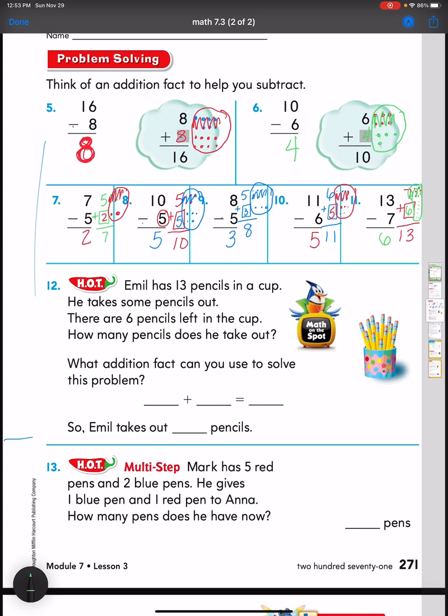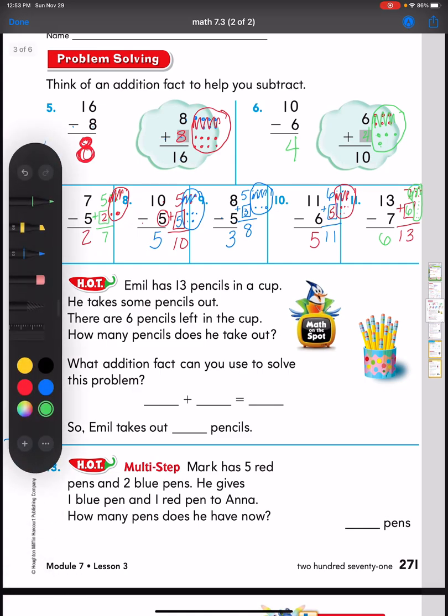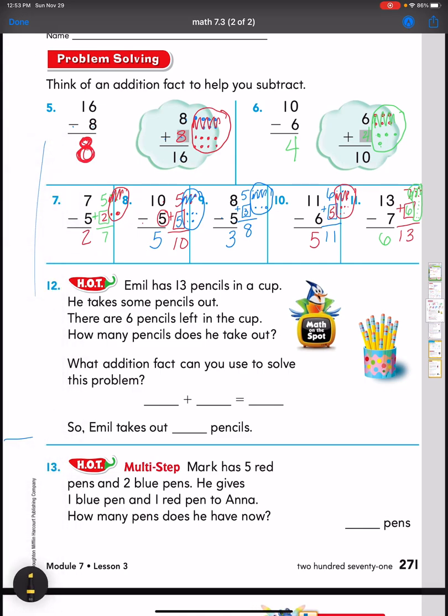All right. So what do I know? I'm going to get my highlighter. I know that he has 13 pencils in a cup, and that he takes some out, and that there's 6 pencils left in the cup. All right, so I'm going to do